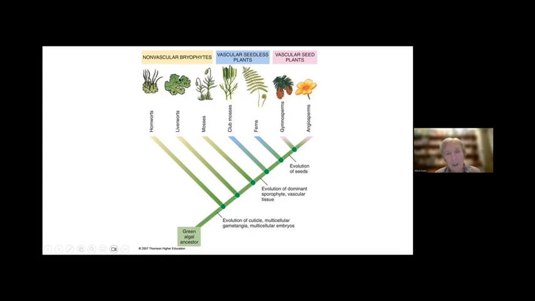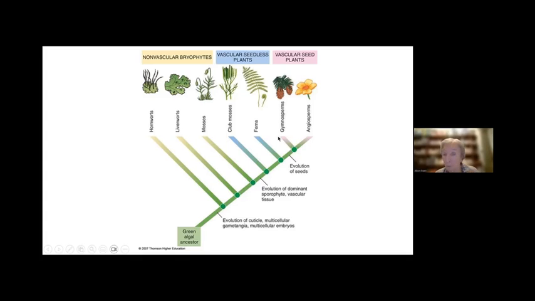The lower plants don't have the vascular system, so they can't grow very big. The vascular system in club mosses and ferns allowed them to grow extremely big back in the Carboniferous era, when particularly club mosses made trees, really quite tall trees. Then the higher plants, the conifers and the flowering plants here,